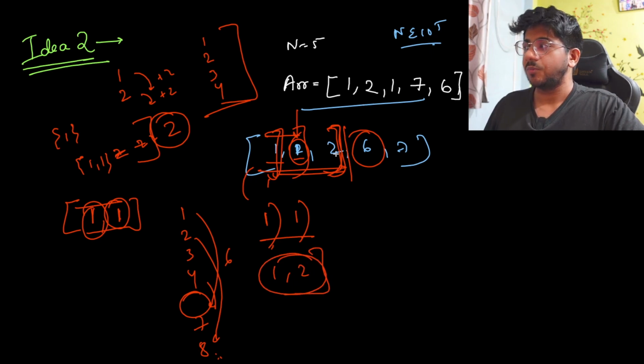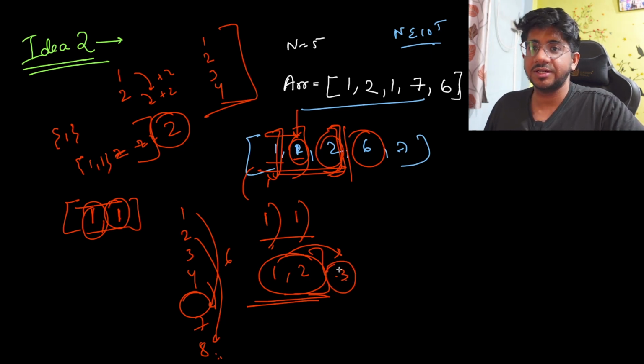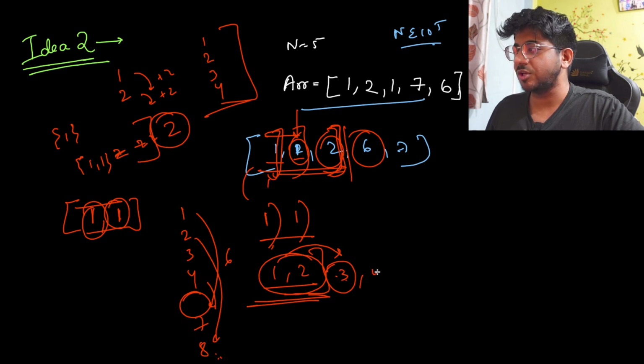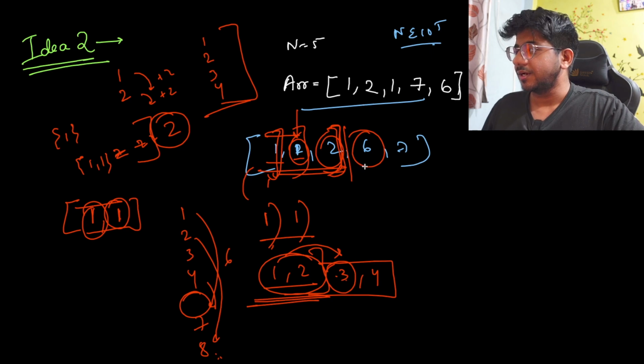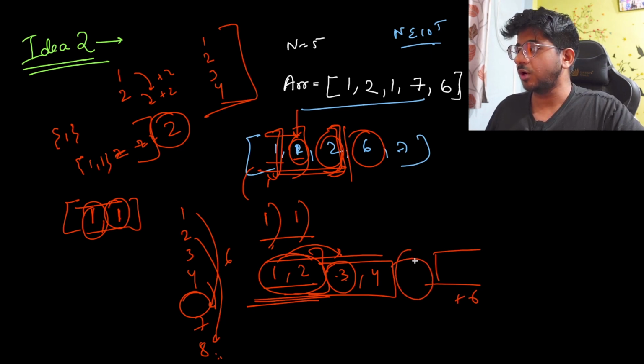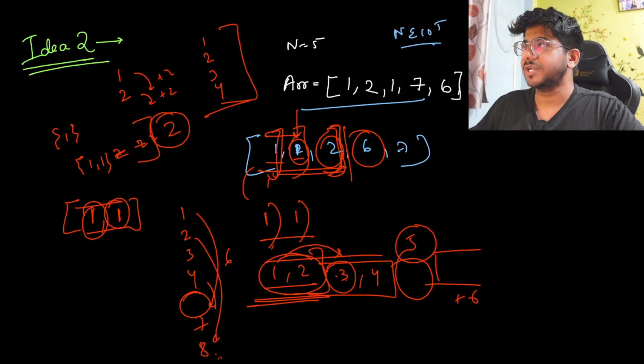Okay. Now, the next thing that you want to create is 3. Now, either you should be able to extend all of the previous things by whatever is the next element to create 3 somehow, or else it's not possible. So 2 is present. So all of these things can be extended to 3, 4. So 3 is now covered in the range. Okay. Next is 6. So all of these things will be possible to generate after plus 6 kind of a range. So there is a hole of 5 which you can never generate now. So the idea over here is